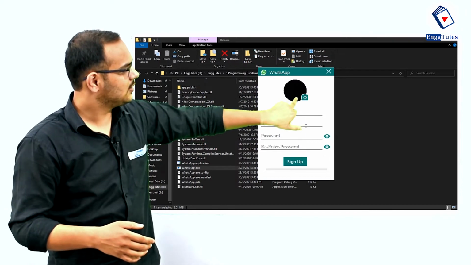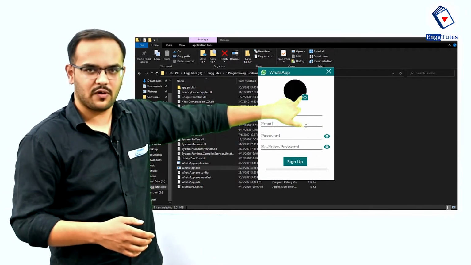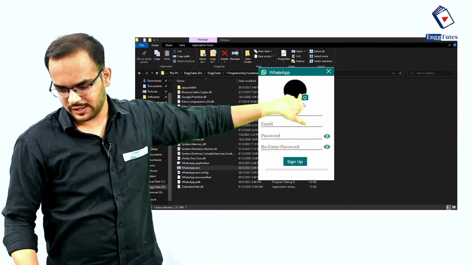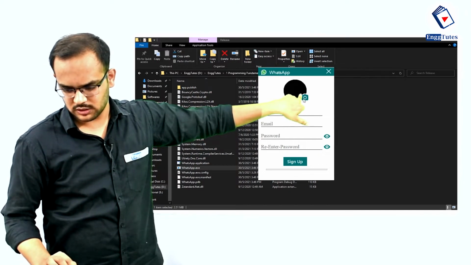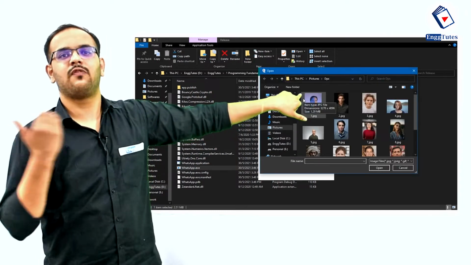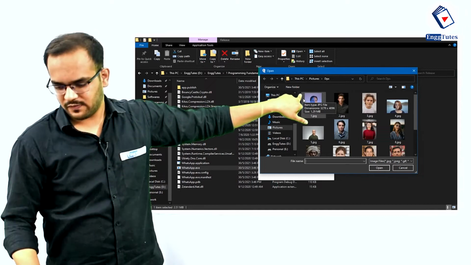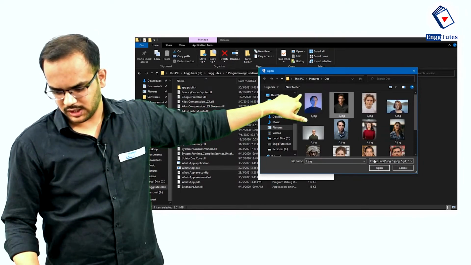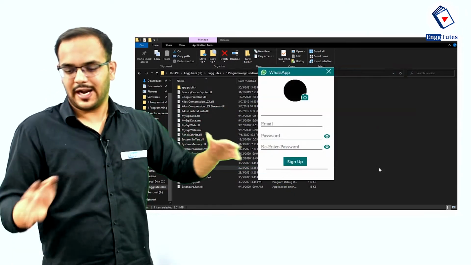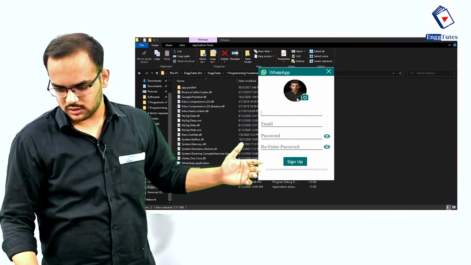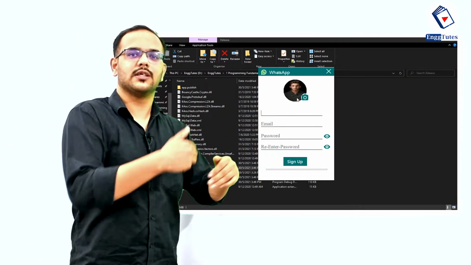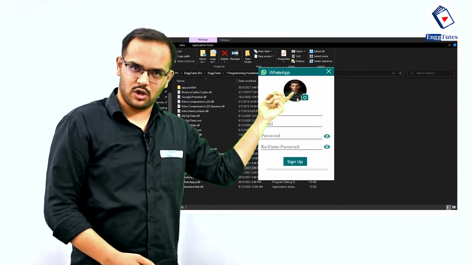There is another picture box on top of it which has a camera icon, and if I click on that picture box, I get a file browser over here. From that file browser, if I select any picture and click on open, that picture is rendered in our circular PB.